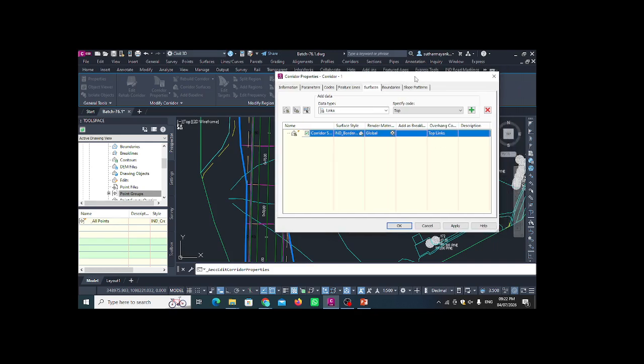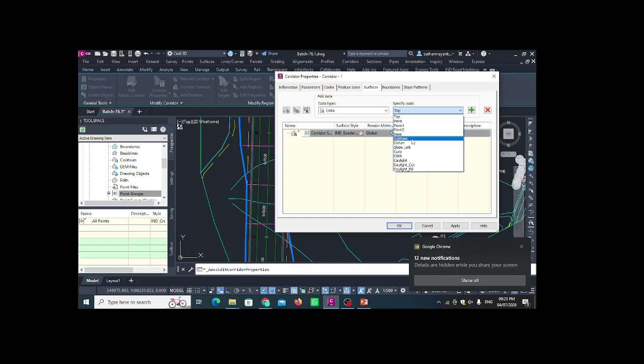As I told you before, while we are creating our corridor and then go for the section, all our cutting, filling and all that are counted from the top. So for that we select the top links. From the link I am adding